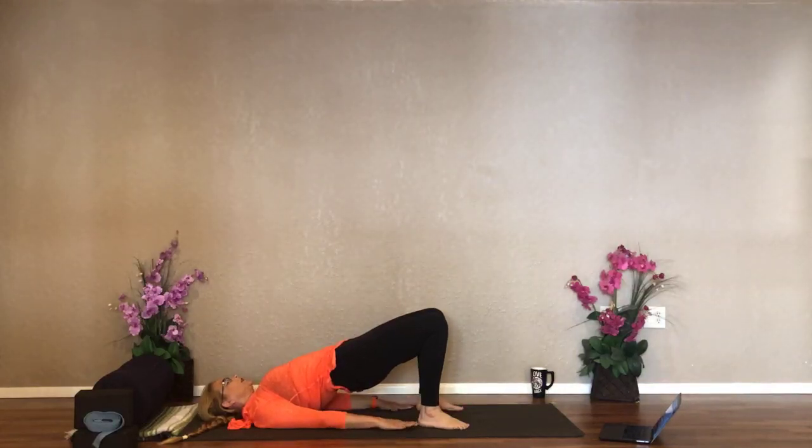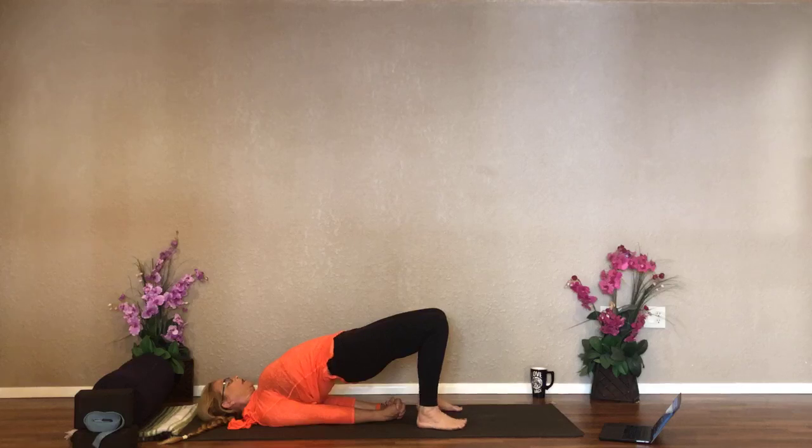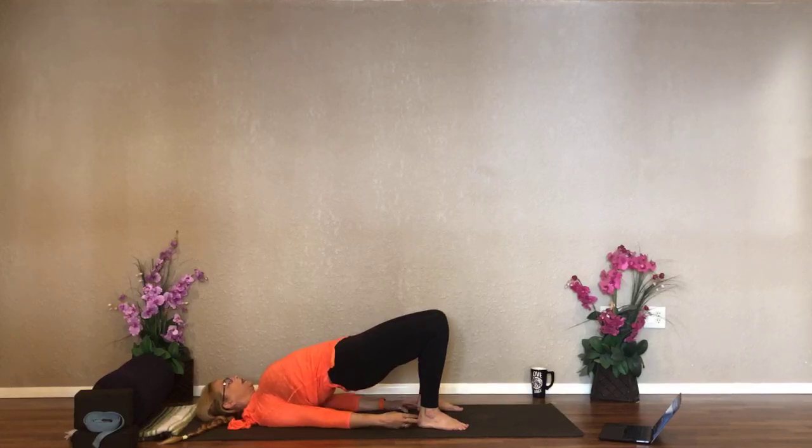The hands can completely stay right here, depending on how you like to practice bridge. Maybe you're able to lace the fingers under, roll those shoulders under. Nice tall spine. We're keeping those legs parallel. 3, 4, 5. If you have those shoulders rolled under, if the hands are together, you're going to release the hands, unroll